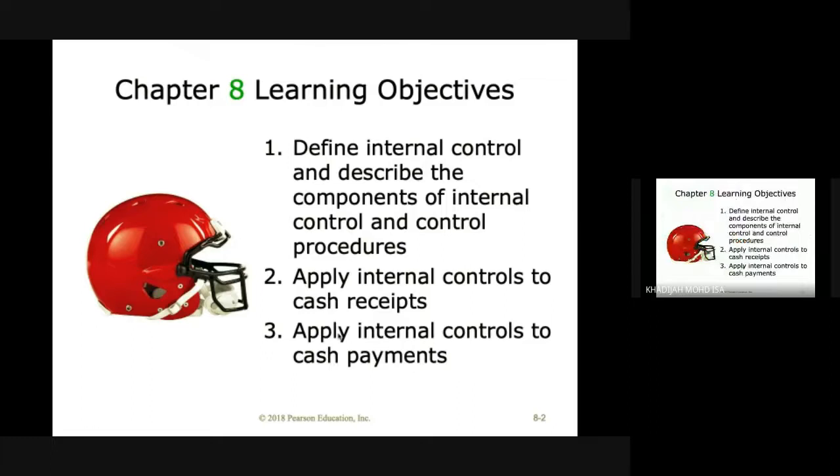What is the internal control, and what are the components of internal control and control procedures. It's very important, not only theoretical, but in practice, a company must have a good system of internal control in order to make sure that